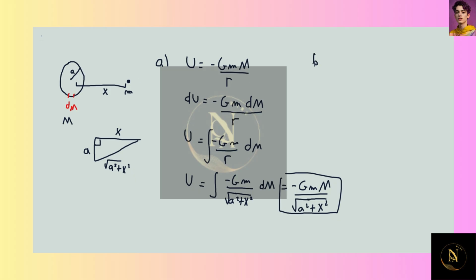So part B then, we can see that if we have x being much bigger than a, then this denominator just becomes square root of x squared. So we basically get to ignore the a squared. So then we have U equals negative G, little m over square root of x squared. And that, of course, just becomes